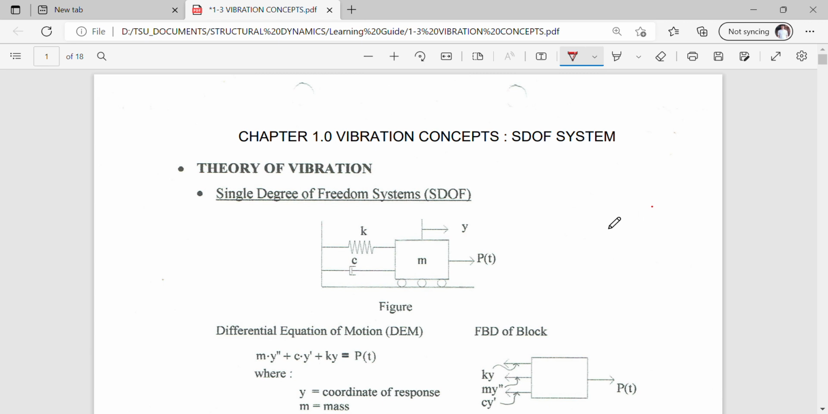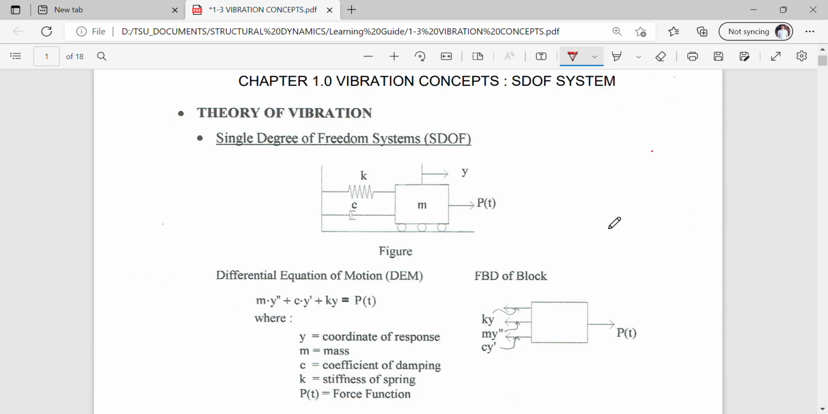So what is a single degree of freedom system or SDOF system? An SDOF system is modeled in terms of a mass, spring, and damper system. In terms of this figure drawn in this presentation, if we consider a motion of such a system in the direction of the coordinate y,